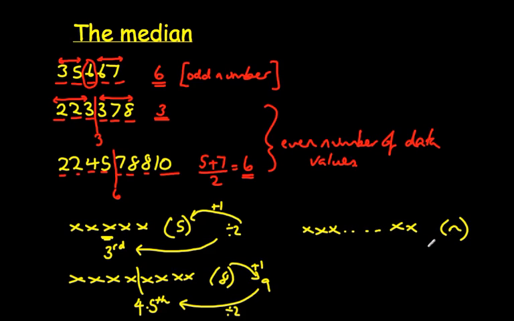Well, we can make a formula up. What I've got to do is add 1 to the total number, that's what we did here, and divide it by 2. So that's my formula, that's the position of the median. Now even if you don't quite understand exactly where that came from, it's good to remember it,